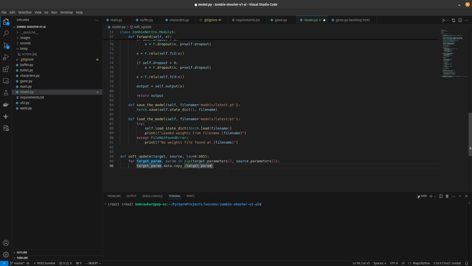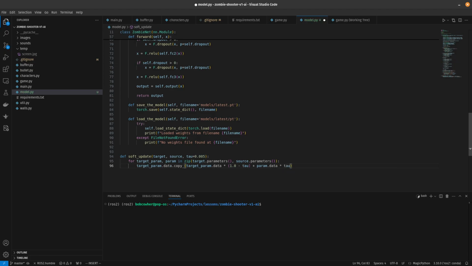Target param .data times, let's see, and we're going to do 1.0 minus tau. So basically what we're doing, well here, let me finish typing it and then I'll explain it a little bit better. So plus param.data